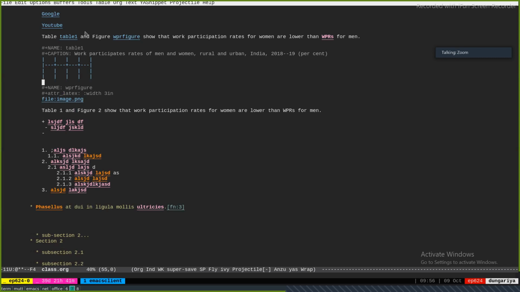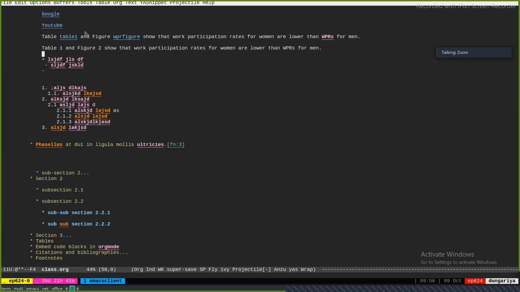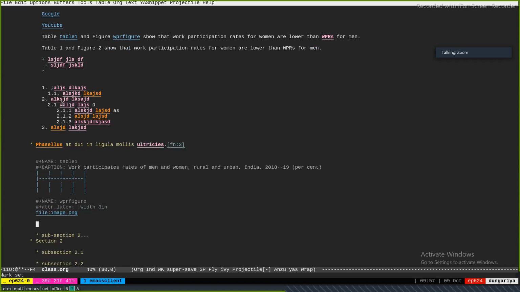But if I place it here, it will move it down. But it's already down. It's already way below the first citation. So that's not a good idea.